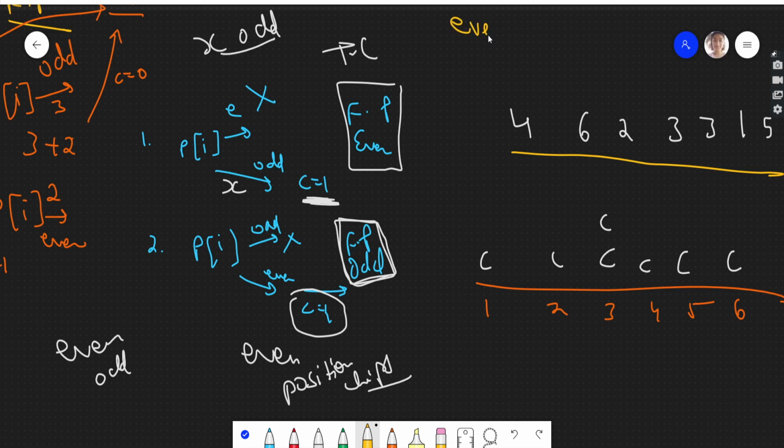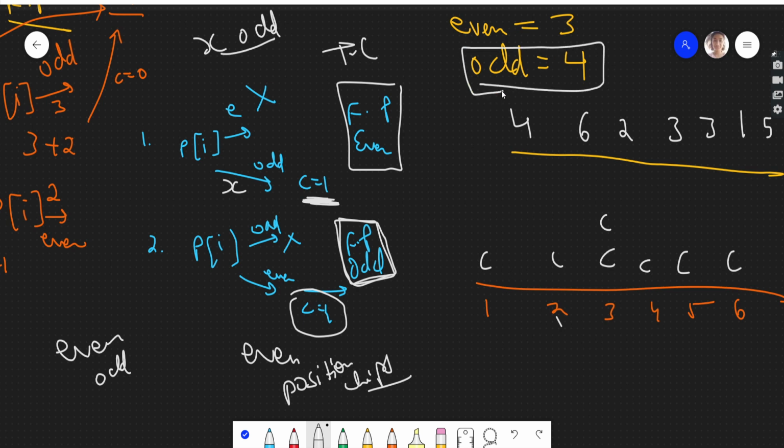Even numbers in this position array are 1, 2, 3. Odd numbers in this position array are 1, 2, 3, 4. So if you fix your final position to be even, it could be 2, 4, or 6, you will have to move 4 odd chips to that even position. So that will be 4 into 1, that is 4 cost.